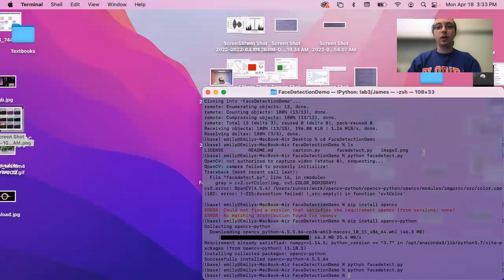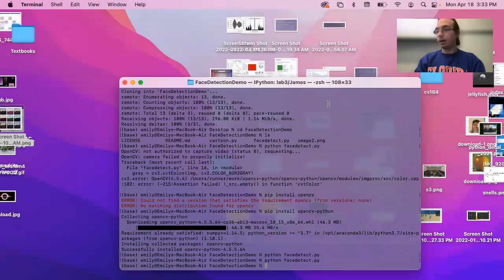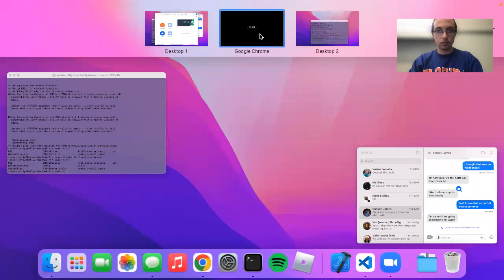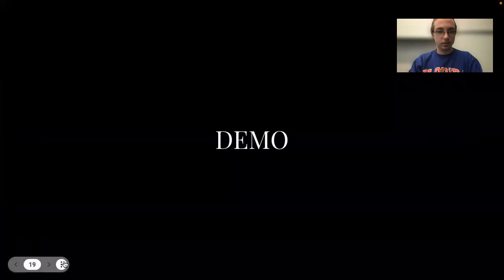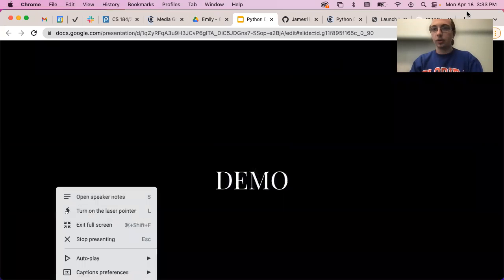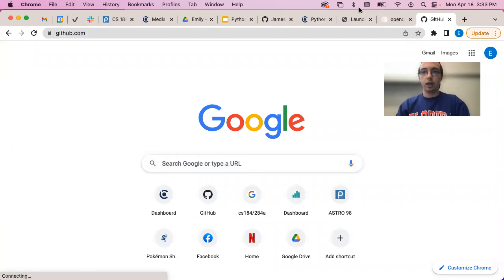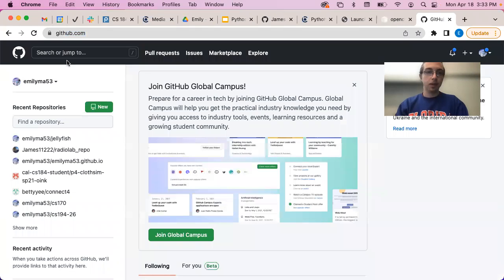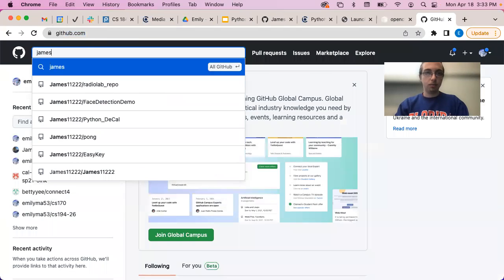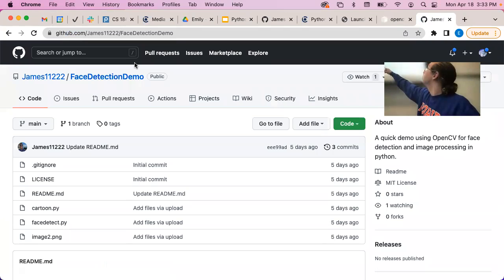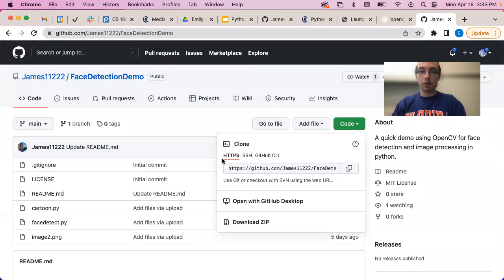So if you want to download this on your own computer, I'm going to show you really quick about the GitHub. Oh, okay. Cool. So if you wanted to, you could just go to GitHub. This is also linked on the previous slides from last week. If you go to my profile, James11222, you could find this face detection demo, and you could download it yourself by clicking on this green button that says code, copying this link right here,